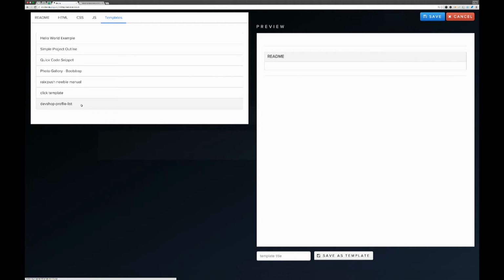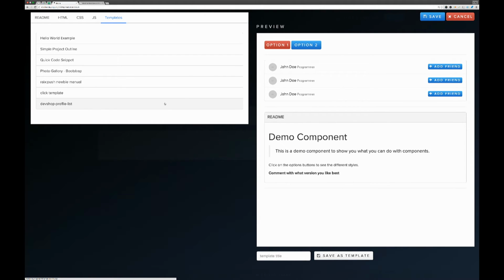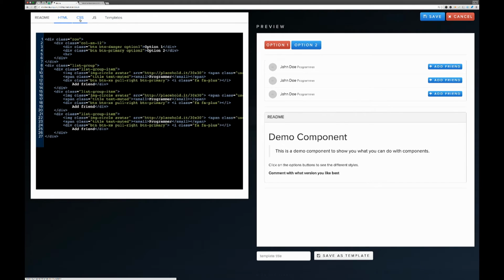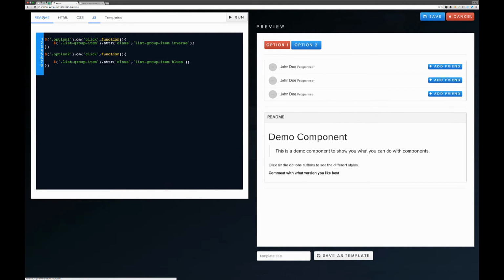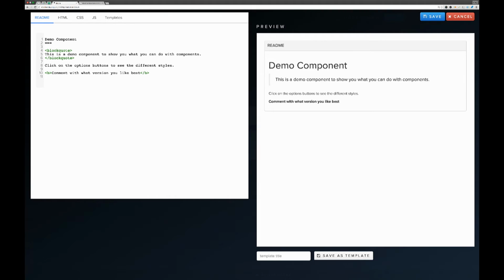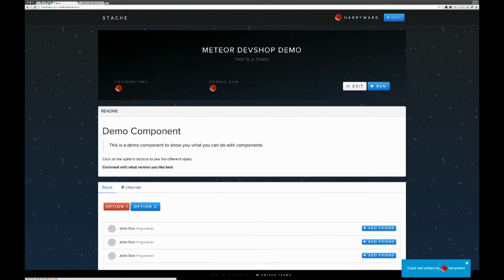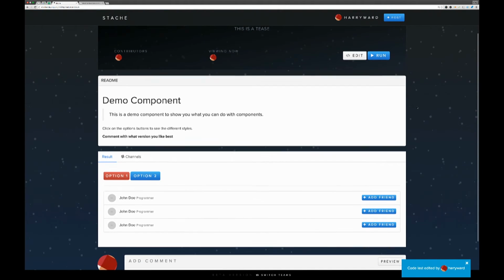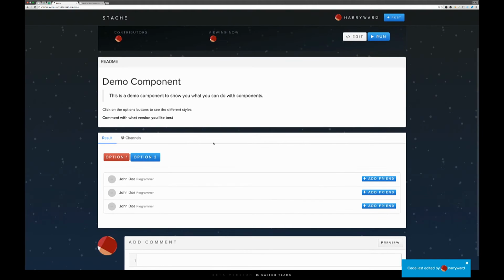So this dev shop profile list is a thing that I just created when I was sitting over there, and it includes HTML, CSS, JavaScript, and a quick little README. And so what I'm going to do is save this, and you're going to notice that I have the README, the result, which is this,